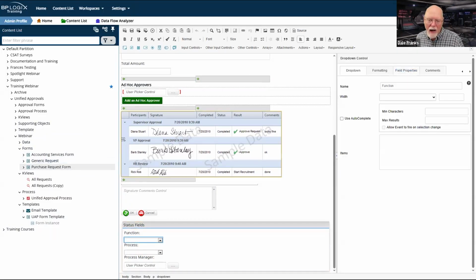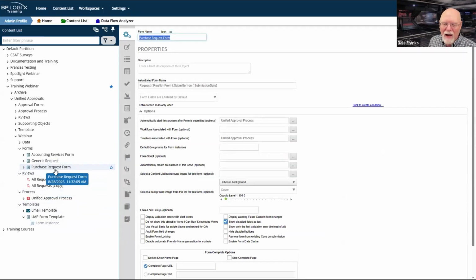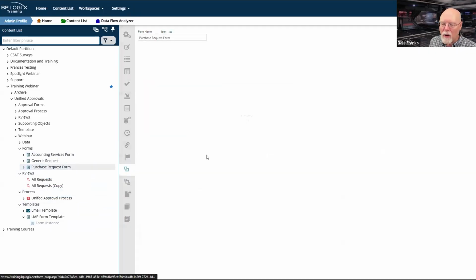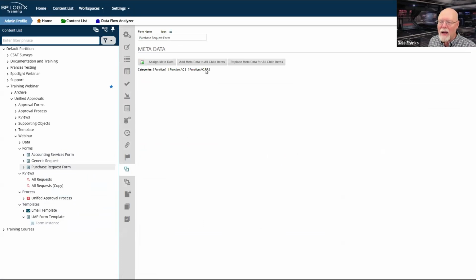What we would have to do in order to make this work the way that I want is to go into the form itself, go into its metadata, and add the appropriate function for that form. Now, the nice thing about metadata is that I can add multiple functions to a form. I can't do that with the process dropdown and the function dropdown. That only allows me to pick one process and one function.